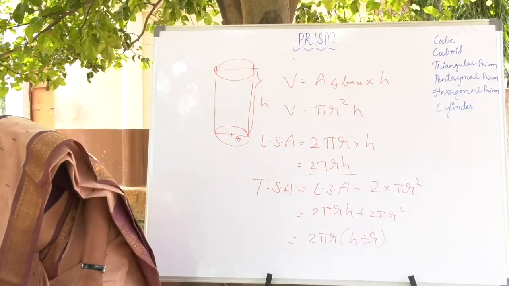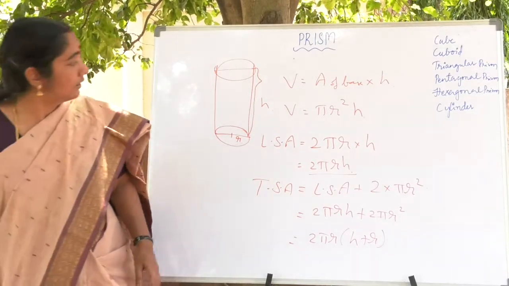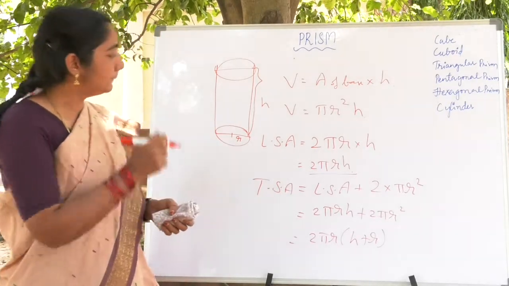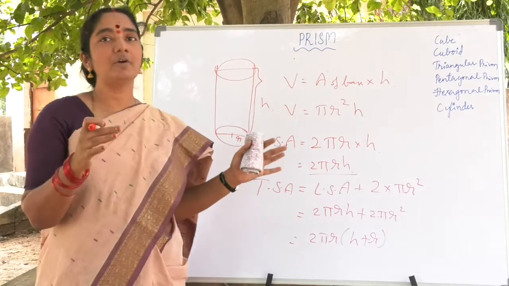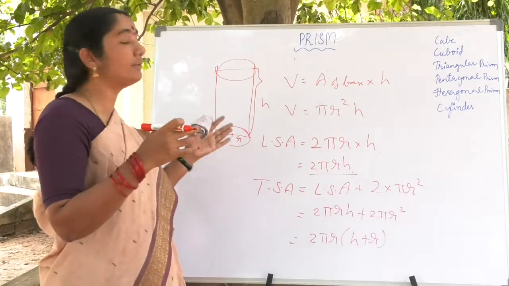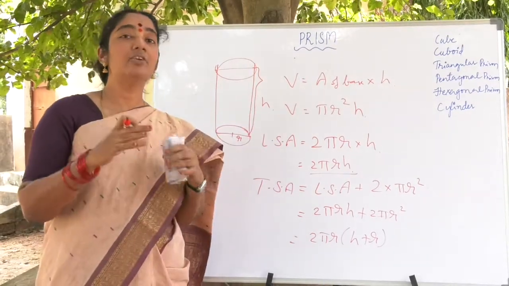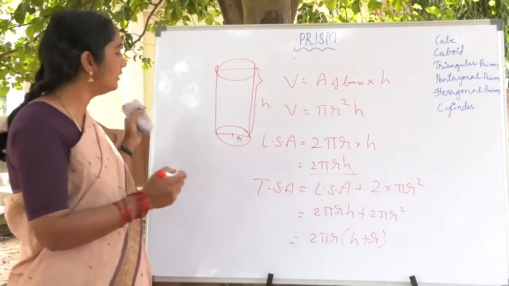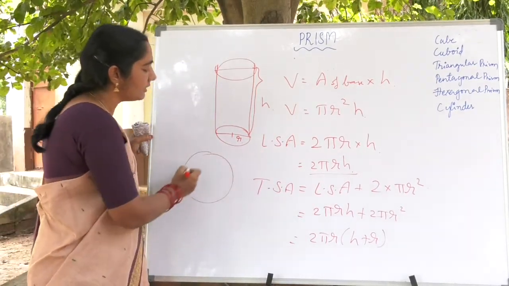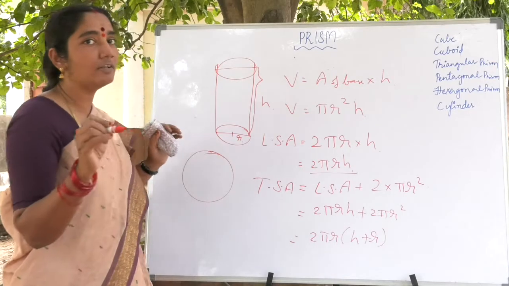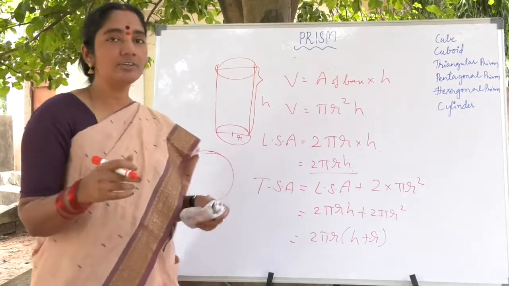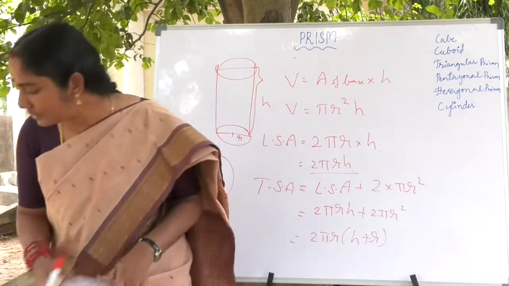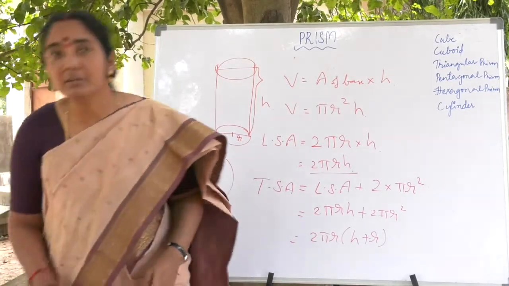Here I would like to tell you one more point. Among all the structures that we have seen in the case of a prism, please try to understand, we did not cover the shape of a sphere. We didn't cover the sphere. Now we are going to cover the sphere. So my dear friends, in the next session we are going to discuss the volume of the sphere. So thank you very much.